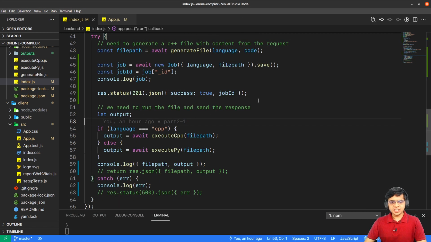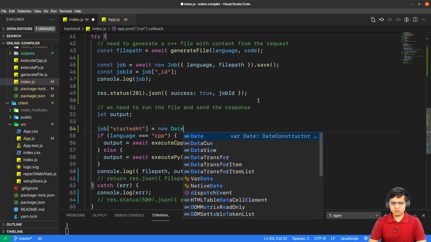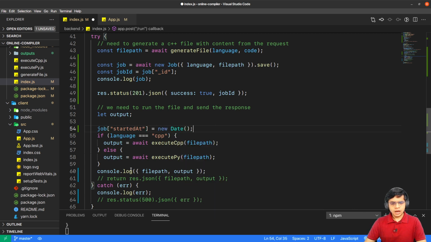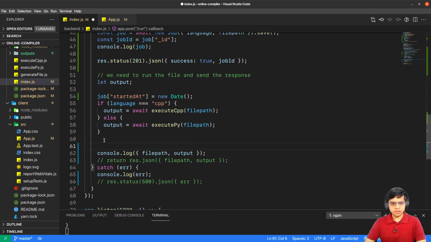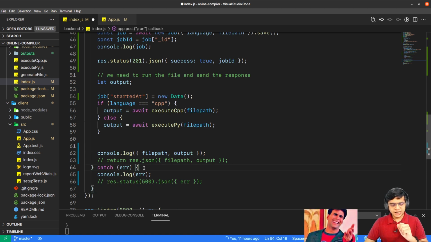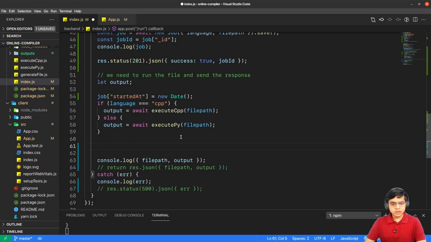Now before we start executing this file, I'll assign the started at time. So this is where we start the job. So that will be just new Date. And once we exit out of this, this means that it has completed successfully. If it has not errored out, the code will reach here, else it will jump into the catch block. So if we are below this, we can be sure that the code has executed perfectly.